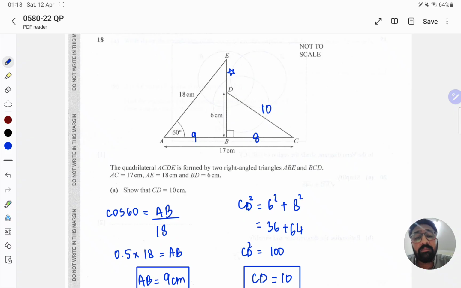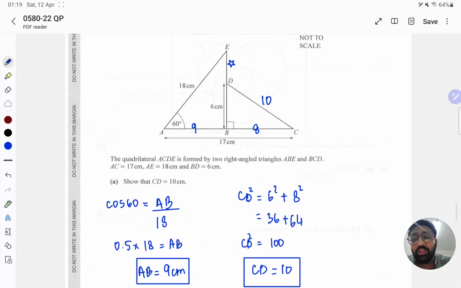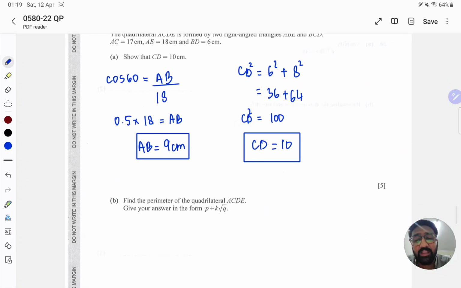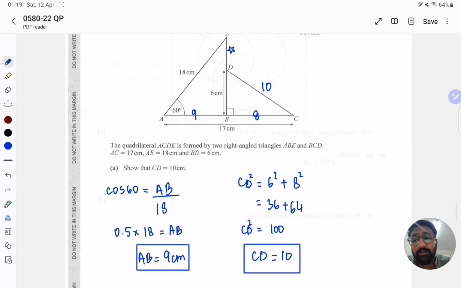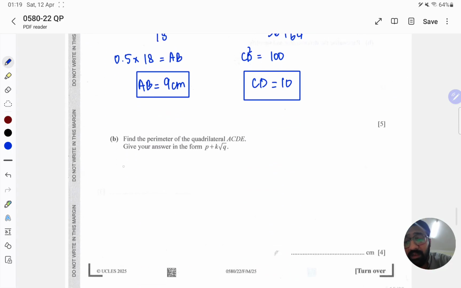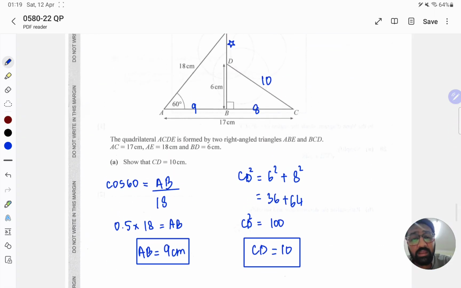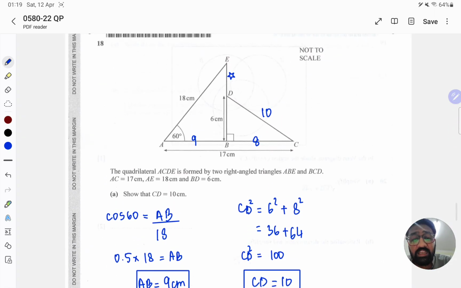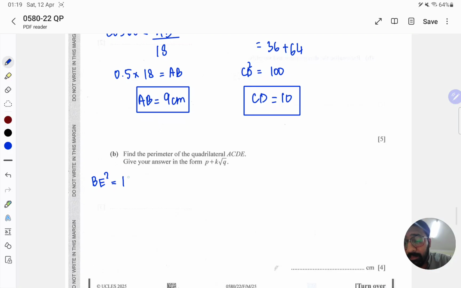We can find ED by taking the complete triangle ABE, and we can find BE first by applying Pythagoras theorem over here. So how can you apply Pythagoras? BE square will be equal to 18 square minus 9 square, because that's the hypotenuse. So 18 square minus 9 square, so 81, 243. So BE